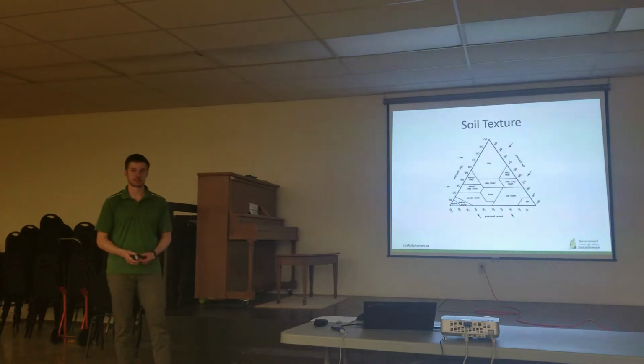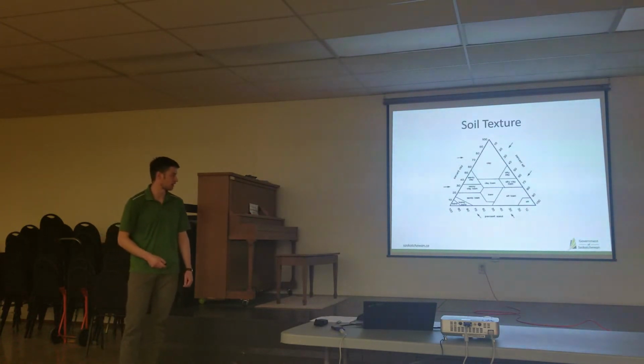So for a sandy loam, water will flow through at the rate of 7 millimeters per hour. But if you have a clay loam, that's going to go down to 0.7 inches per hour, and for a clay loam it's 0.25 inches per hour. So it's a huge difference depending on your texture, and this is also going to affect when you're going to